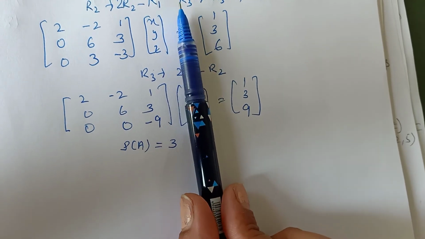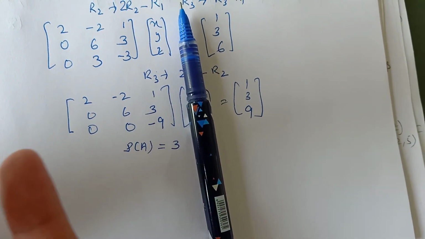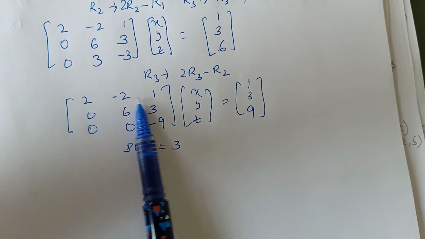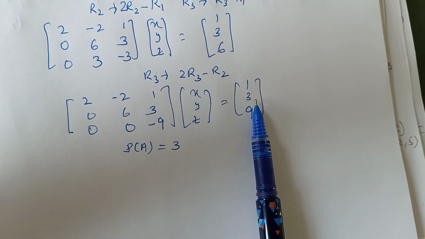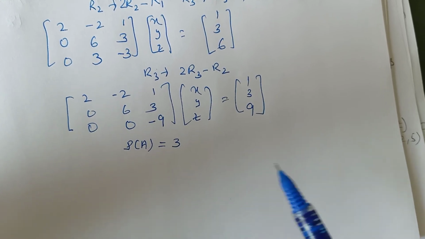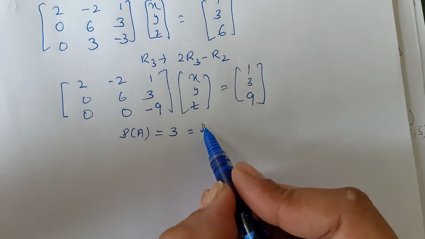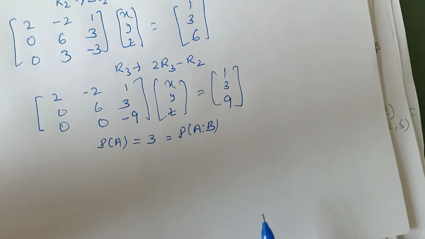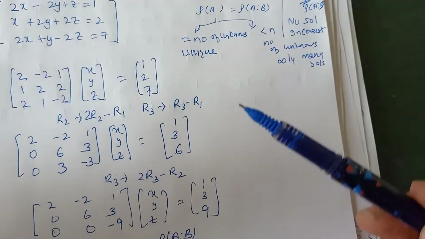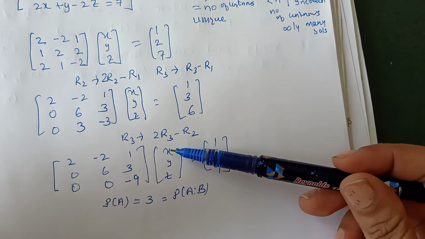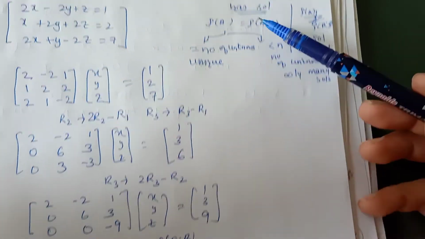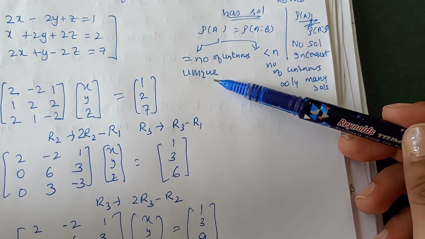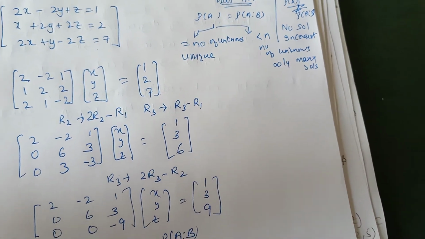So we'll cover this x, y, z. Now observe, this matrix is the A augmented B matrix. The complete first row is non-zero, this is non-zero, this is non-zero. So the rank of A augmented B is also 3. So the ranks are equal and equal to 3. How many unknowns are there? 1, 2, 3. The ranks are equal and equal to the number of unknowns. So the system is having a unique solution.